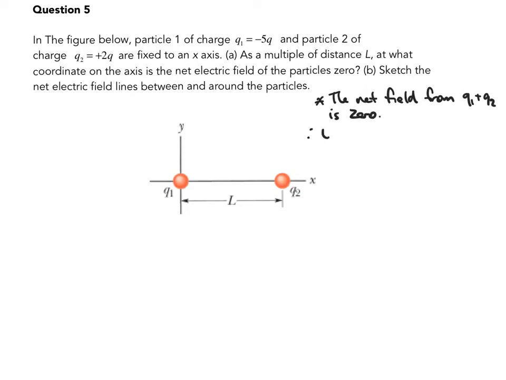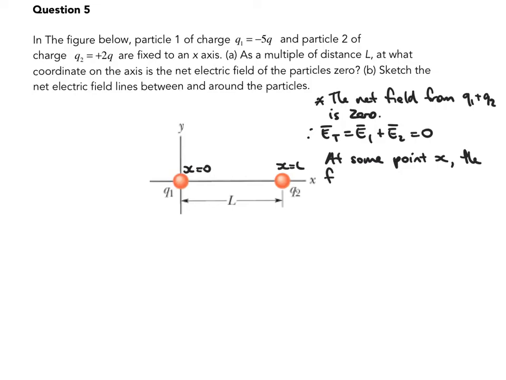So therefore we can write it this way: the total field, which is the total field from 1 plus the total field from 2, equals 0. So let's have a think about just one point, one charge. We'll call it this one at x equals 0, and you've got this other one at x equals L. Let's think about the Q1 charge. So at some point, we don't really know what that is yet, at some point x,